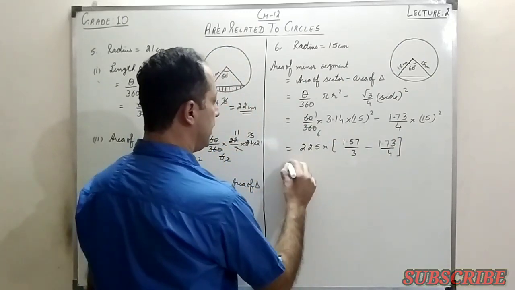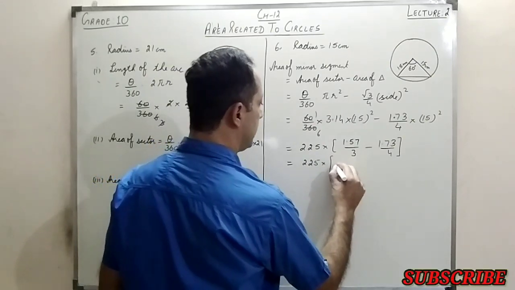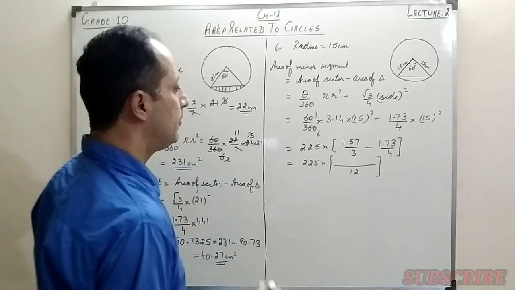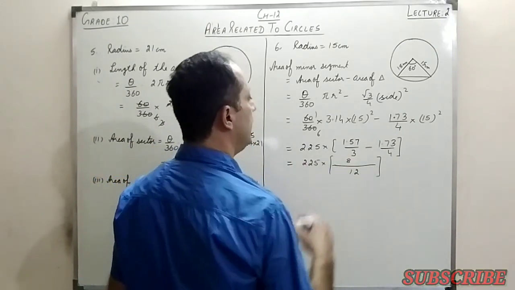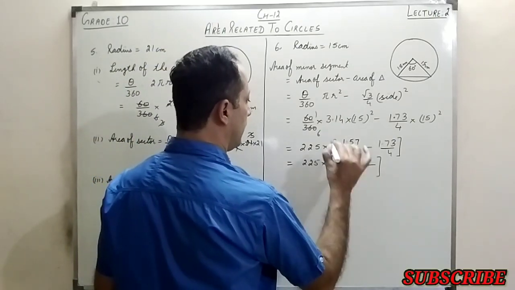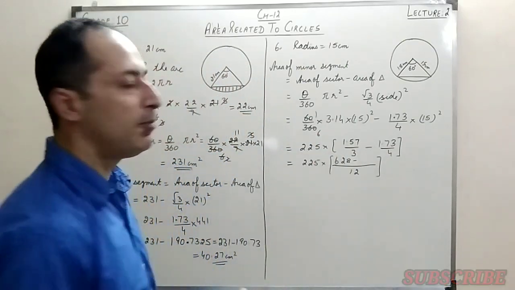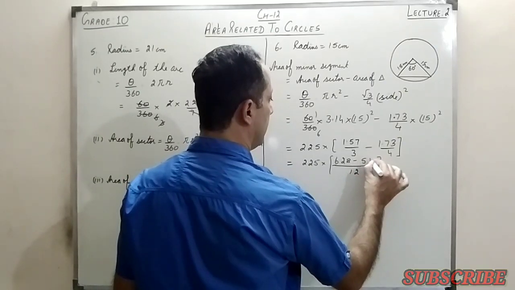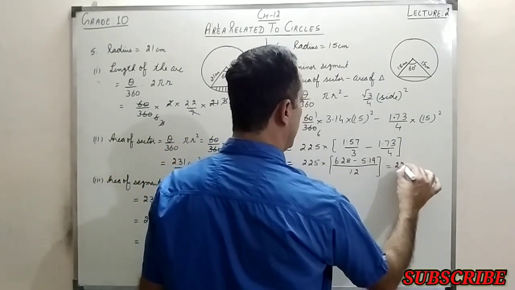Right, so now we take the LCM here, this is 225 into, the LCM would be 12, and then we multiply 1.57 by 4, which is 6.28, and then minus, we multiply 1.73 by 3, so this is 5.19, right? So this is 225